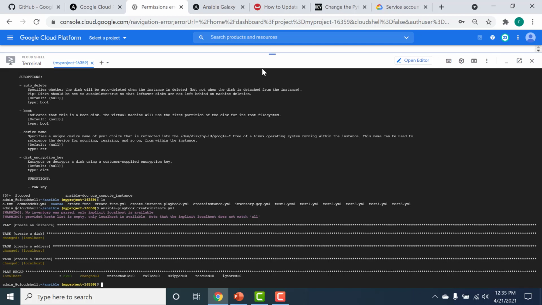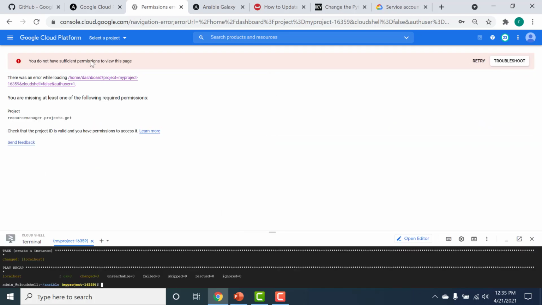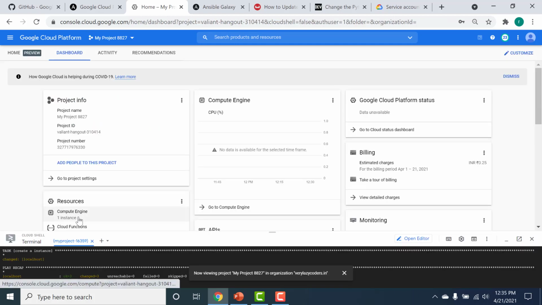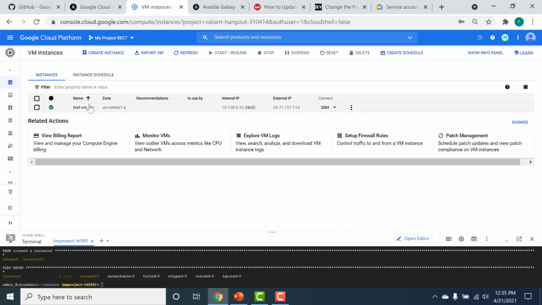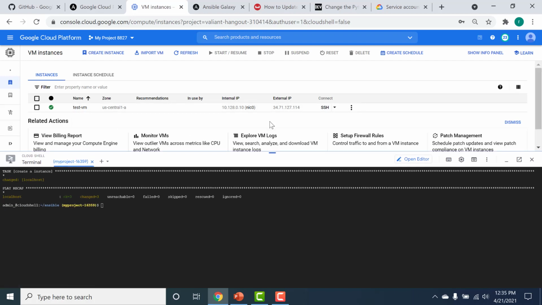So let's go back to our console and let's see if there is an instance that has been created. I can see one compute instance has been created. There was a compute instance with the name test-VM. This is the name that I gave in my playbook. So just to verify, I'll just